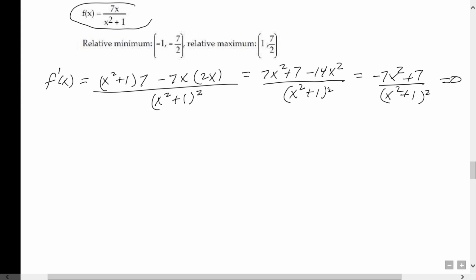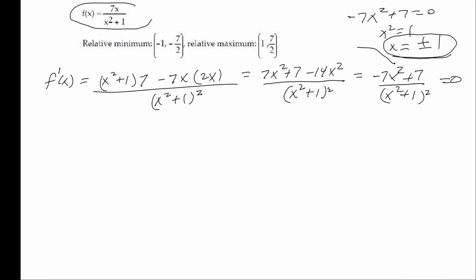We set that equal to 0, and this can only be 0 if minus 7x squared plus 7 equals 0, or x squared equal 1, or x is equal to plus or minus 1. So we need to check the value of the second derivative at x equal plus or minus 1 to see whether it's concave up or concave down. So now we take the second derivative,